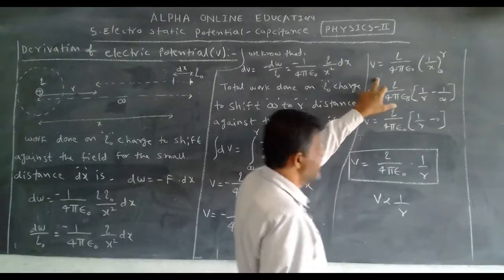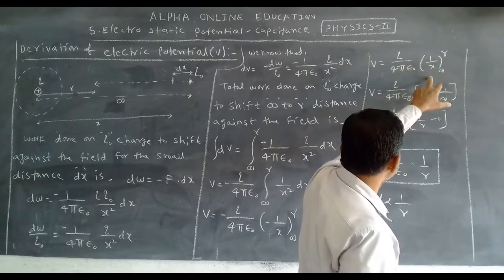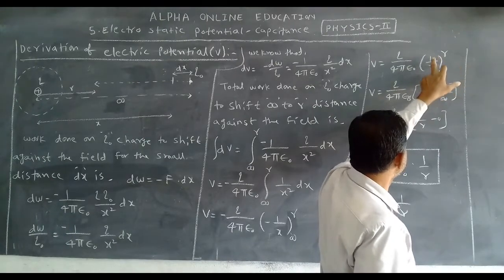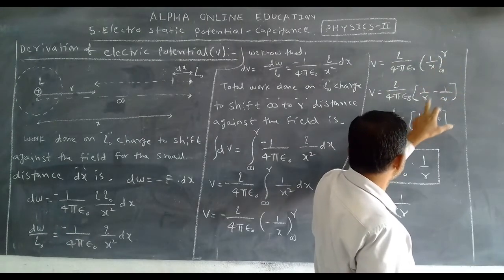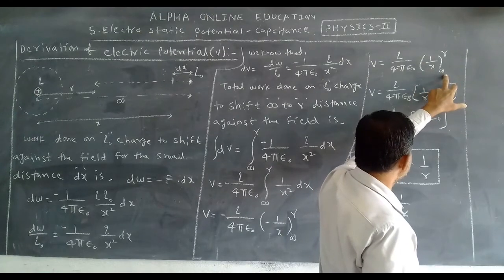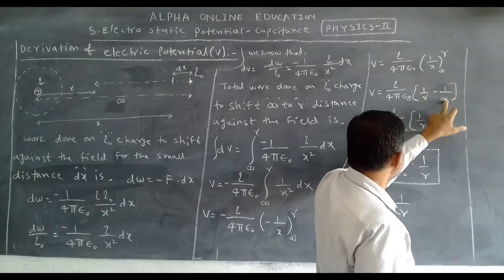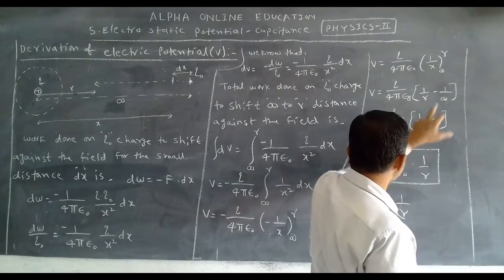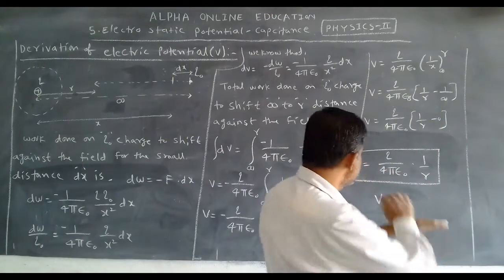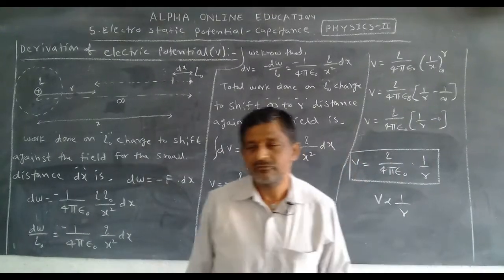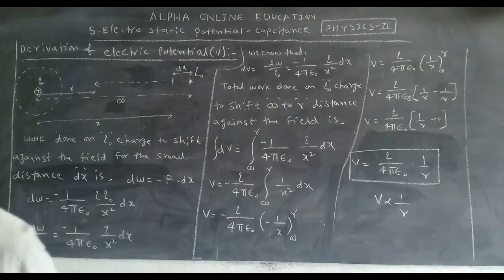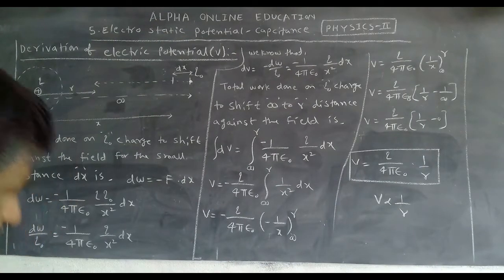Okay, taking minus here becomes plus, but I am taking here Q by 4 pi epsilon naught, 1 by x. Then after taking the limits of x, what we can write is first R minus the other limit, infinity, minus 1 by infinity. As usual Q by 4 pi epsilon naught, 1 by R is 1 by R. 1 by infinity is how much? 0. So what is the final answer? V is equal to 1 by 4 pi epsilon naught Q by R. So here Q by 4 pi epsilon naught is fixed. That's why V is inversely proportional to R.